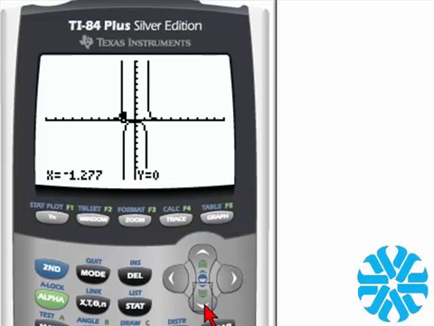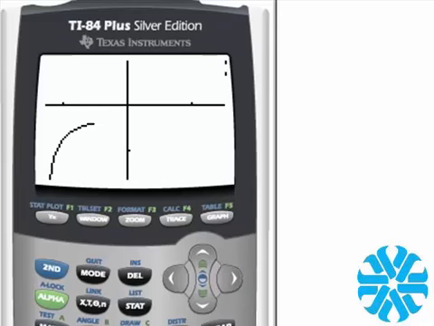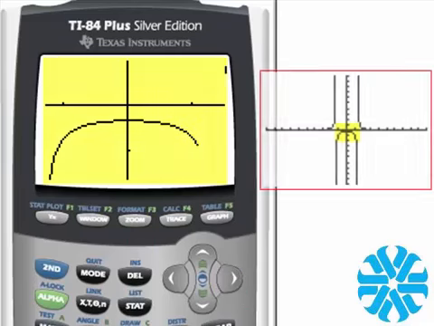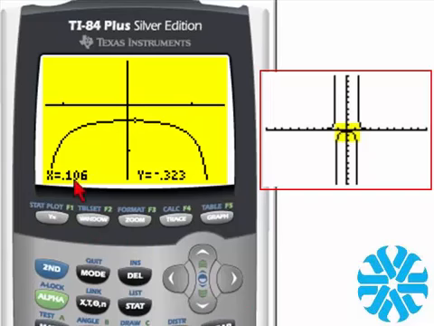and then move down, and then I'll move to the right, and then hit enter. So you can see that in reality the function does not hit the x-axis, which is right here. It's slightly below it. And you can see the cursor flashing right here,